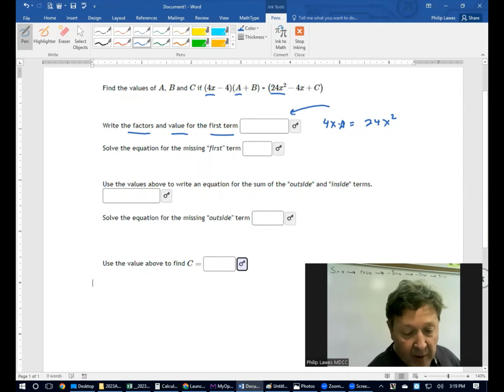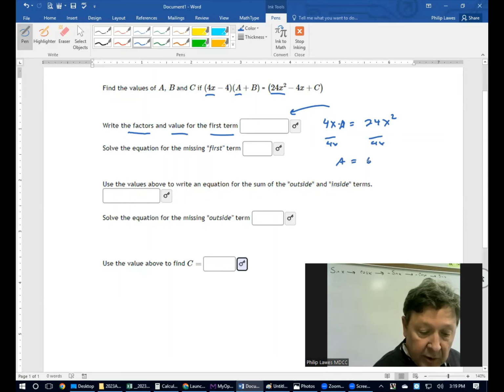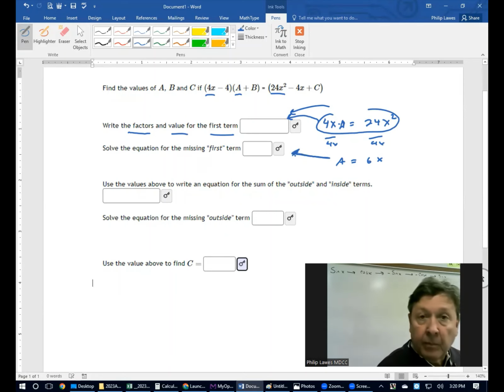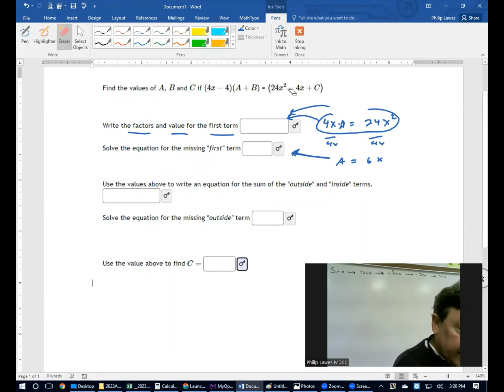Now, algebraically, if you divide both sides by 4x, we're going to get a equals 6x. So that's the answer in this box. All right? So now that we know that a is 6x,